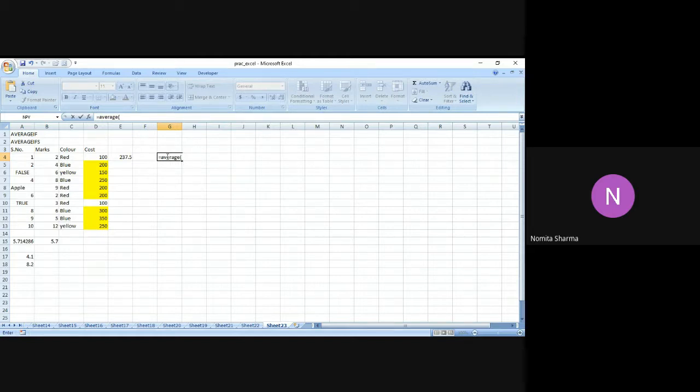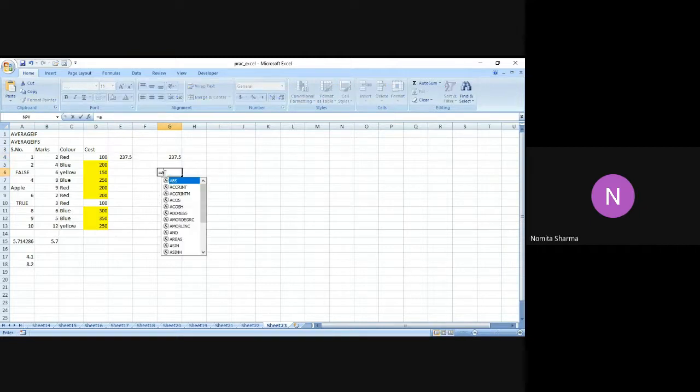So I have 200, 150, 250, 200, 200, 300, 350 and 250, and I close the bracket over here. So we are actually getting the same answer. That means the answer that we got earlier is the right one.